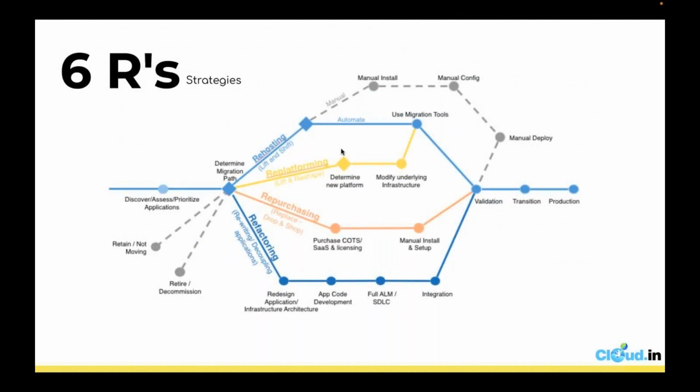So when it comes to migration, there are 6 strategies, the 6 R's, that are predefined. This is according to the AWS white paper. These are the 6 strategies that mainly focus on the migration from on-premise to cloud, or even from one cloud to another cloud. The 6R strategy is generally a framework for cloud migration, which helps a business to evaluate which applications to move to the cloud and how to move them. We'll go one by one and see what each of these R's stands for and what they define.